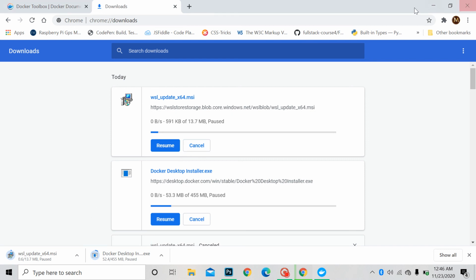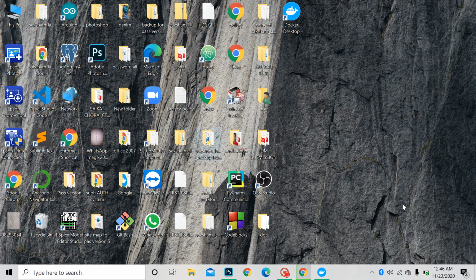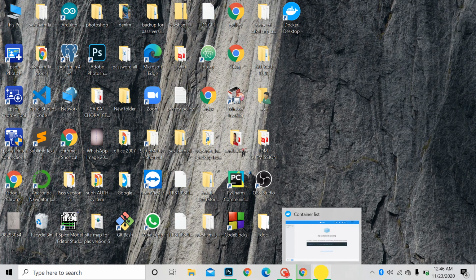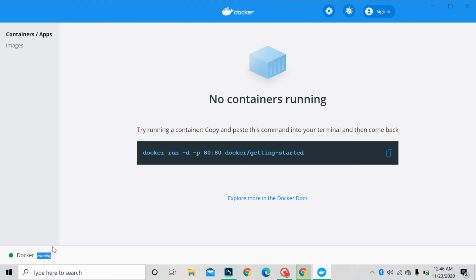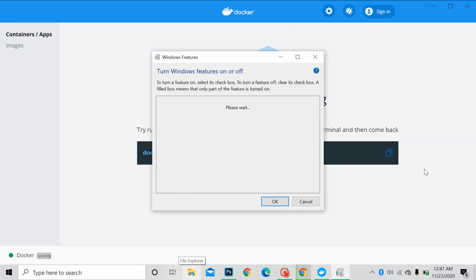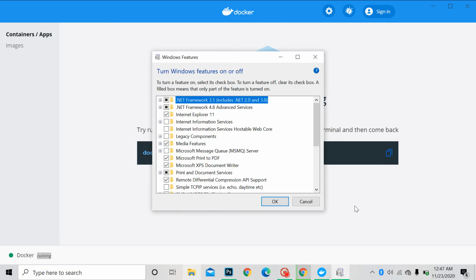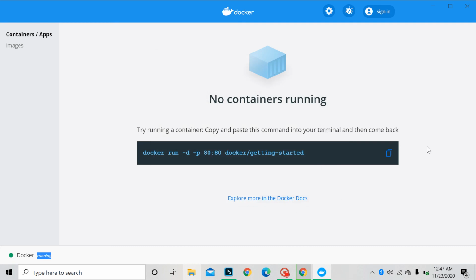After that, when you restart Docker, if it was not running for you, you will see a red icon saying not running. This will solve all the issues. If not, then after changing the Windows feature and the WSL update, you have to restart the computer, then it will work fine. I can assure you it will work fine.